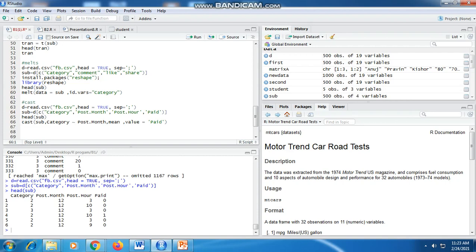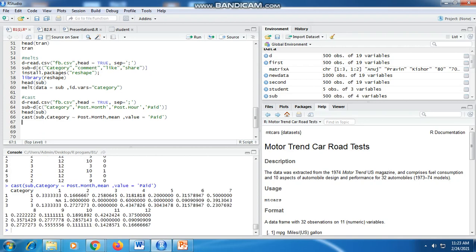The value of sub means all of category, post.hour and paid with respect to post.month, using mean, and the value is paid, their mean value. After executing, it shows the different category levels available in our data set. First it shows the post.month, the mean, and then the paid values with respect to everything.